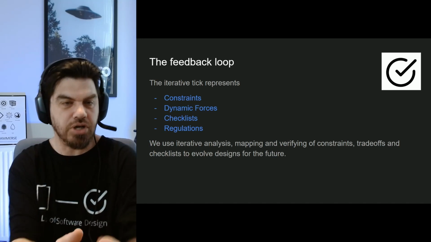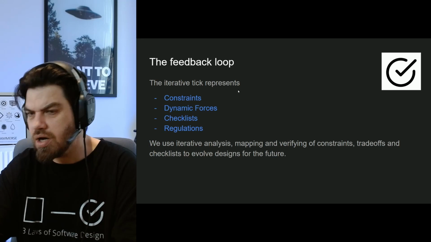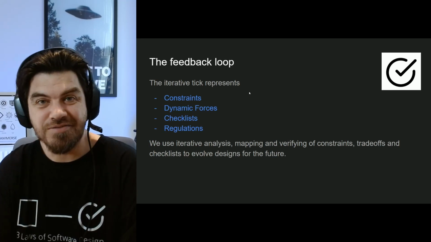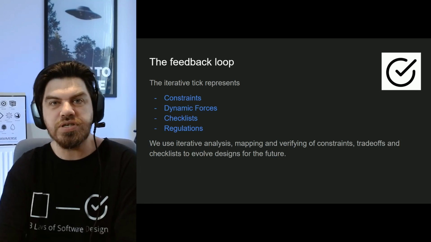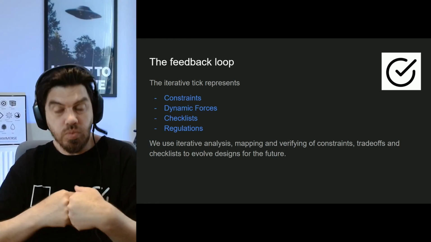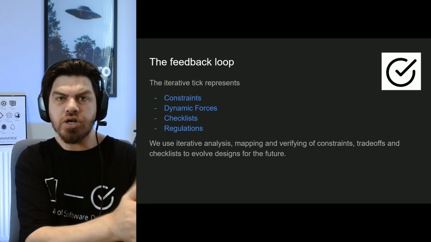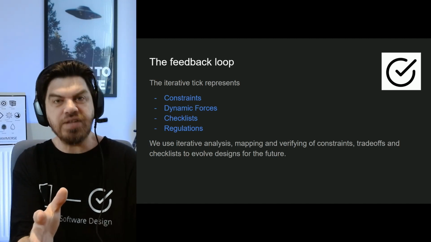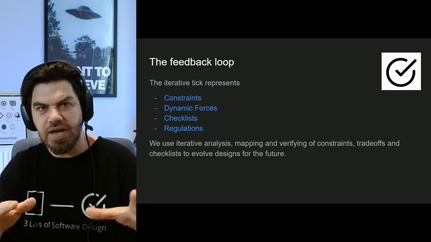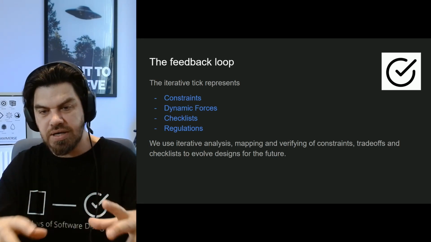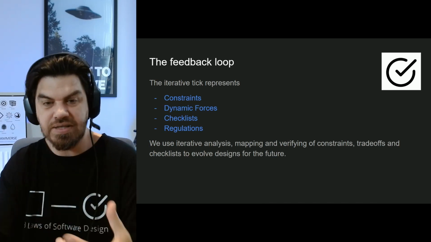So what I'm going to do is go through these four things. I just want to check the time. Okay, so I don't want these to go on for too long. So the feedback loop is an iterative cycle that we can do, that we can share with others, and others can be part of this. Early on in a system's development, this tends to be a positive feedback loop, as opposed to a negative feedback loop. But nevertheless, this feedback loop is in our heads or collectively in a team, and it feeds into our boxes